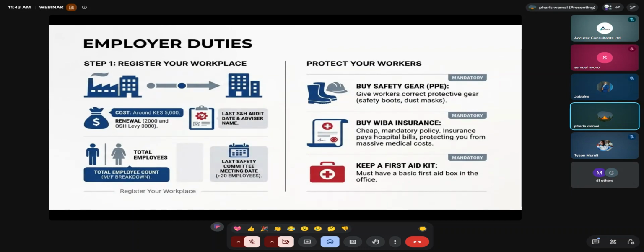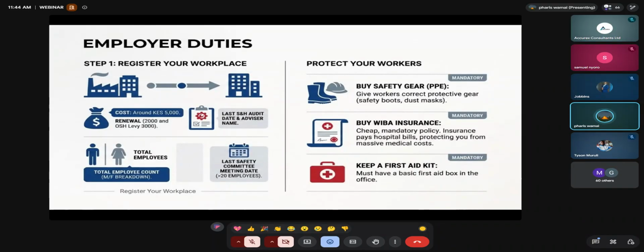Something else that falls under compliance is protection of the workers. As I said, ensuring that every year you're able to buy the WIBA insurance cover, whether you're going to buy the basic or the WIBA plus, and ensuring that you have a first aid kit, which is a mandatory requirement. The moment you have a safety and health auditor, one of the things they are going to look at is this first aid kit, while when you're having the fire auditor, he's going to look at